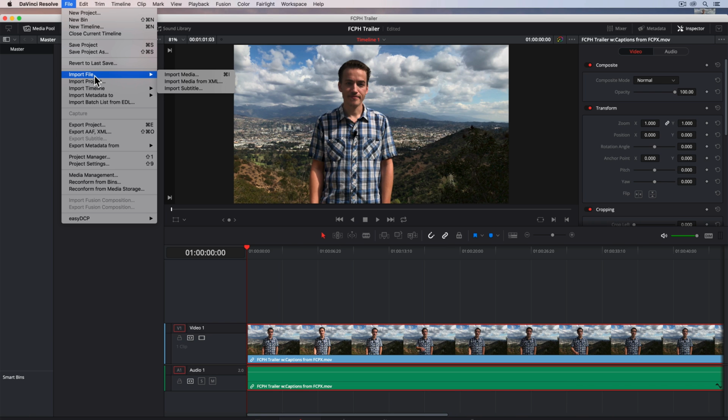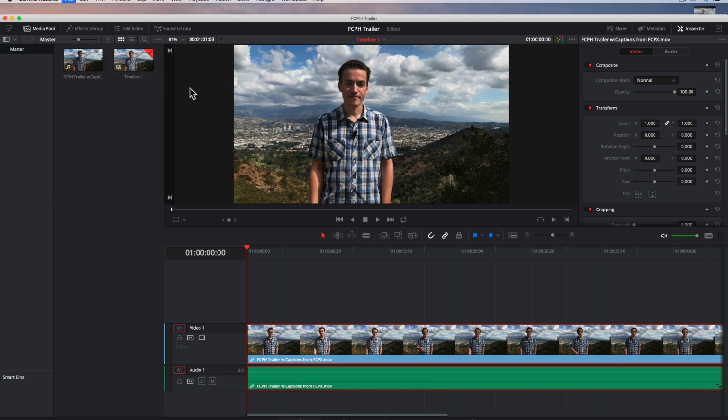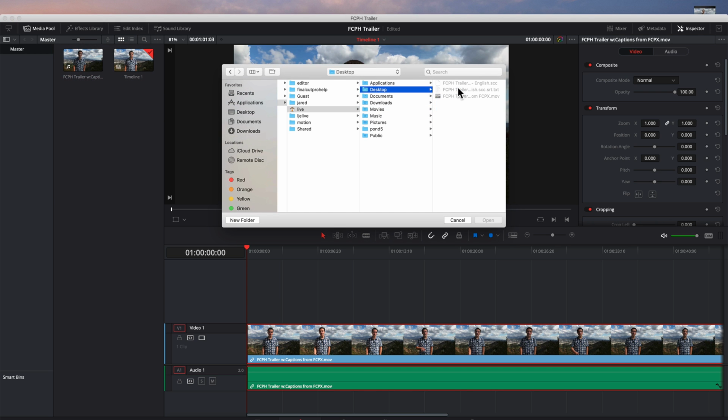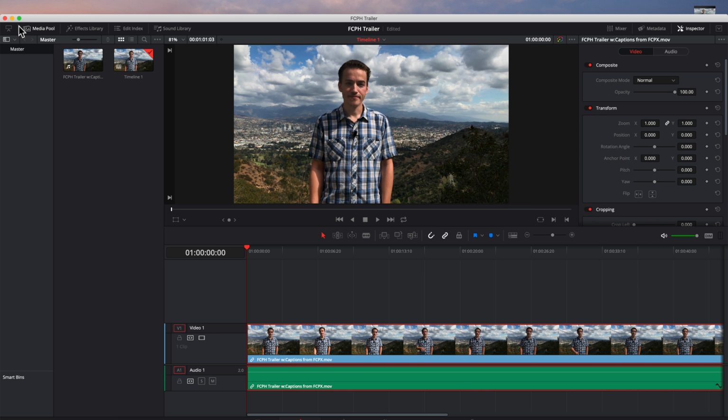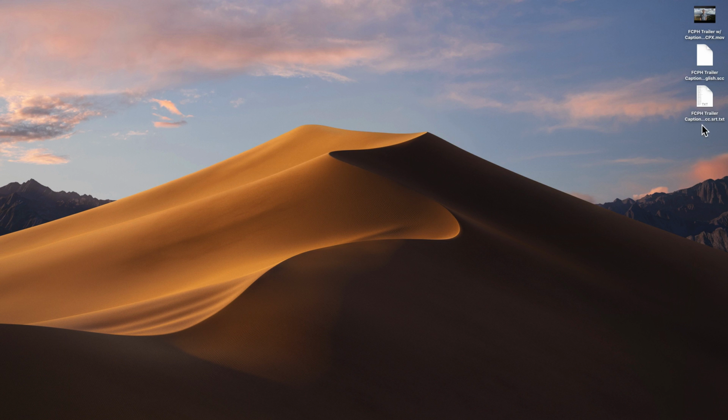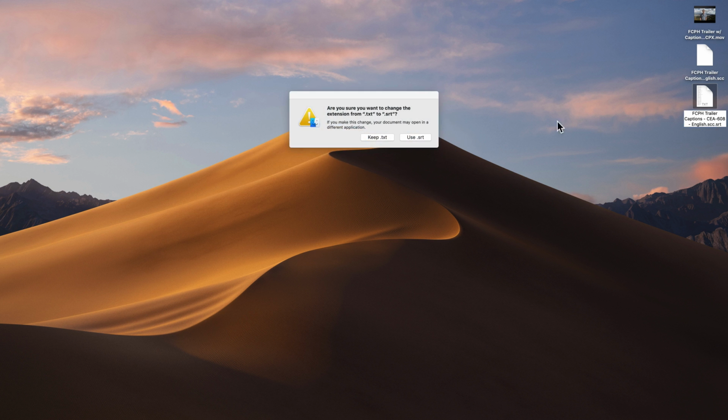And if I go back into Resolve, I'm going to do Import Subtitle. Select the desktop, and, I forgot this, you're probably going to run into this too. You notice it's still grayed out, and here's the reason. I'm going to go back to the desktop. For whatever reason, when you download these files, it adds the .txt extension on top of the other ones. Just delete the .txt extension, so that it's just .srt. And then it's going to ask, are you sure you want to do that? And yes, we do want to use the